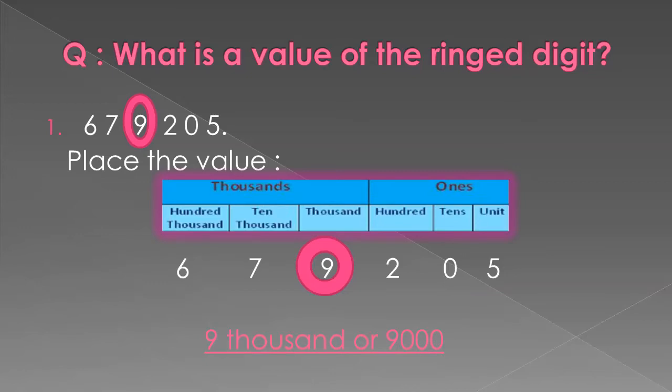Question number 1 is 679205. Now we are going to find the value of the ringed digit. First of all, you will make a place value chart for a 6-digit number, then place the value where 9 is located. 9 is located in the thousands place. So we write 9,000 or